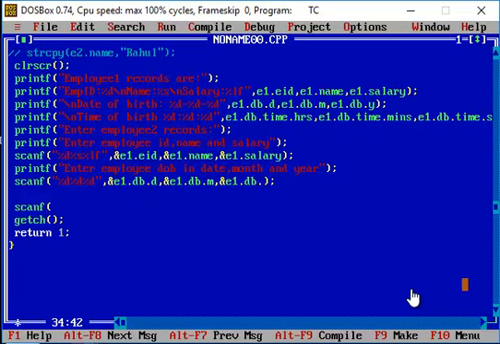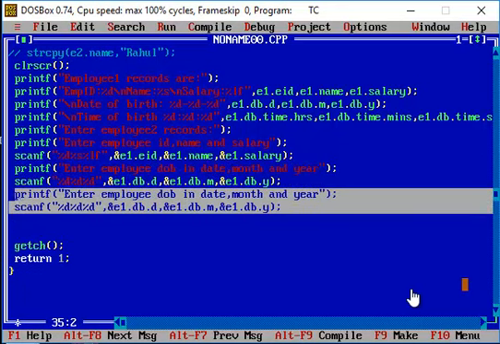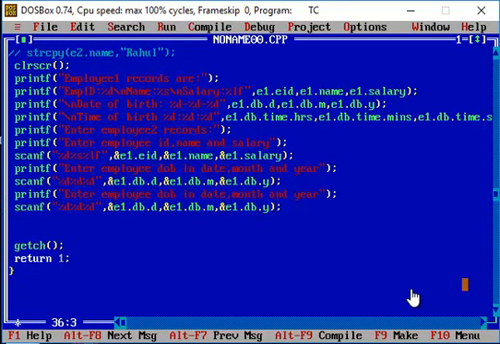So this is how I'm going to access the information from the runtime, and that runtime information will be assigned to the corresponding structure member in the variable. So one thing that is left out is regarding the employee time of birth. So I'm going to make use of the same kind of methodology. Here I'm just going to make use of the printf and scanf statement again, and I'm going to ask the employee time of birth in terms of hours, minutes and seconds.